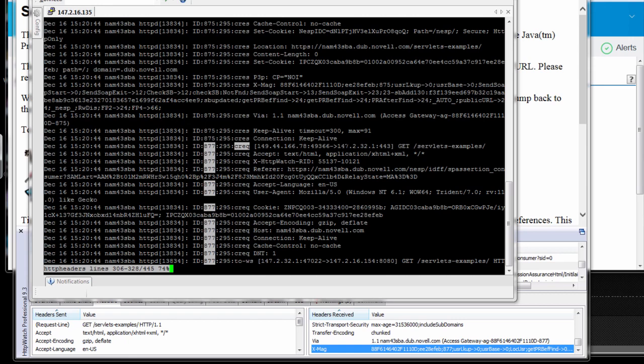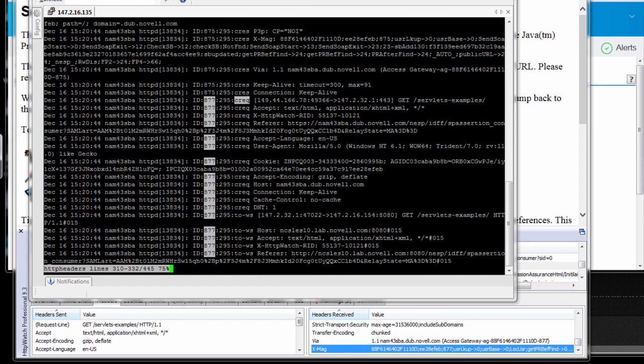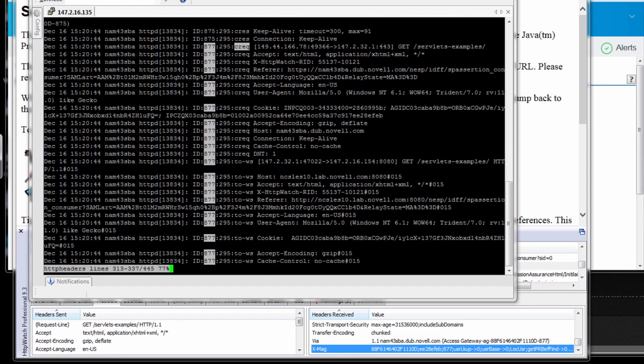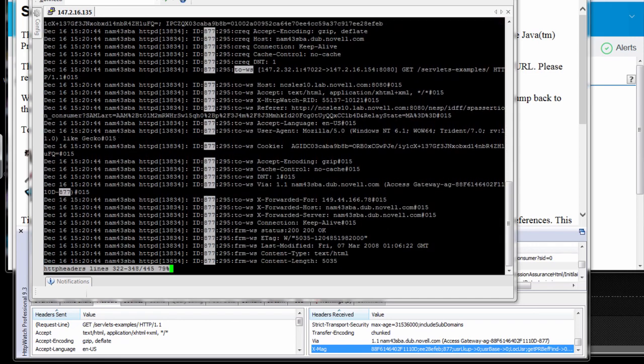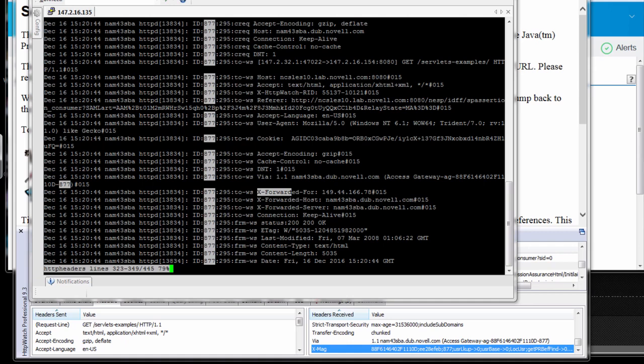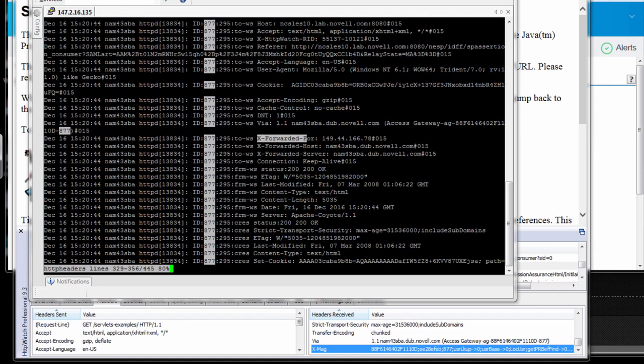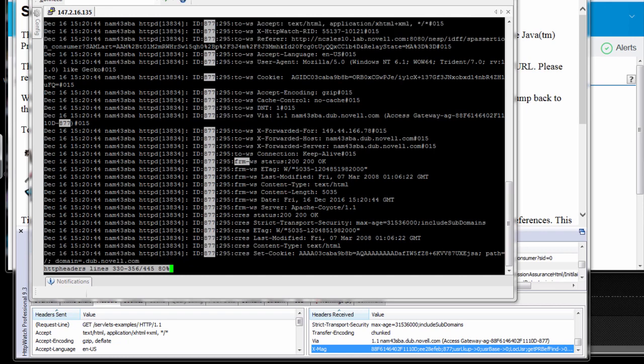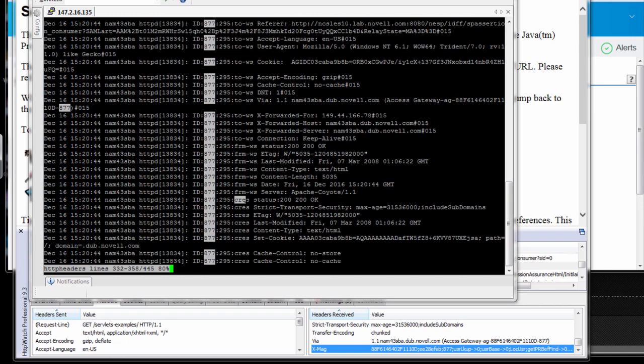This is what the request looks like. There are the source and destination IP addresses, ports, and the headers. Then we go on to the corresponding request over to the backend web server, from the AG to the web server. Now you'll notice in here, there's a change. We inject some additional headers like X-Forwarded-For, X-Forwarded-Host, etc. If you have identity injection, you're going to inject the identity injection header in there. Then you have the response from the web server to the proxy,